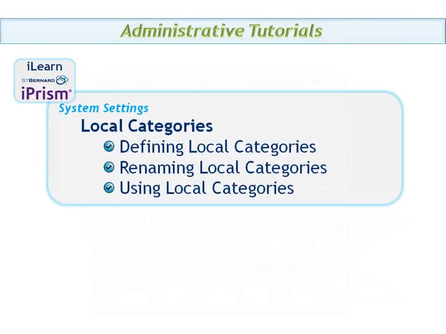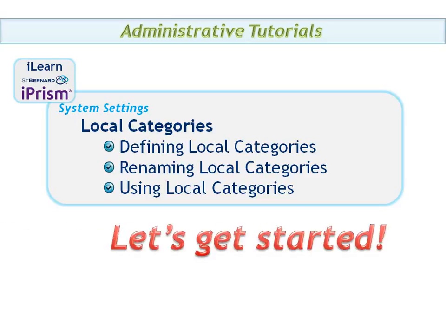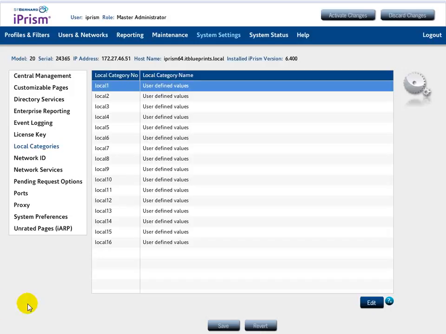System settings, local categories. We'll start off by explaining the purpose of local categories, rename a category, and use it in a web profile ACL. Let's get started. As discussed in the tutorial titled Profiles and Filtering Web Profiles and Profiles and Filtering Managing Web